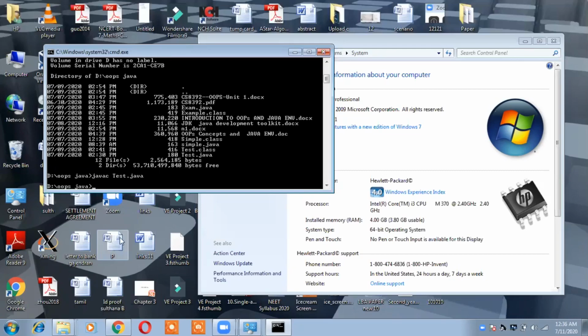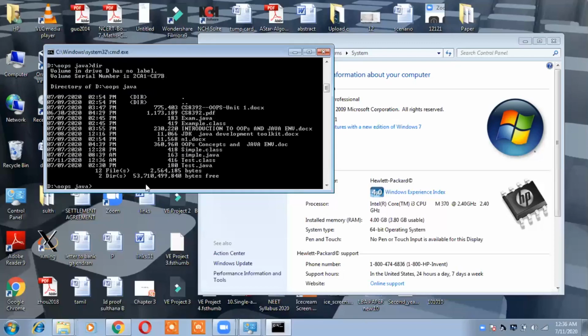Okay, once I compile this Java program, it will create a bytecode. Okay, so the file extension for this bytecode is dot class. Okay, check here. It has created a file called test.class. Dot class file is a file which contains bytecode of this test.java.